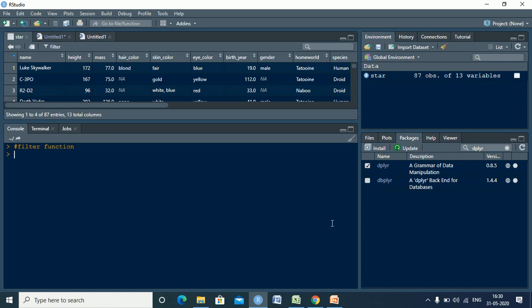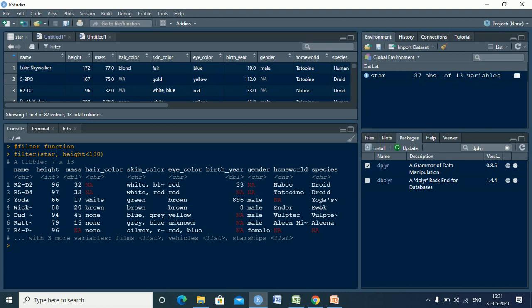So in this case, let me say I want to filter the Star Wars data of only the gender male, or I want to do a simple filter where the height is less than 100. So in that case, filter function, so filter, name of the data set is star, and I want to do a simple calculation where the height is less than 100. So only return me the data which is having a height less than 100, right? So in this case it shows me 7 with 3 more variables. So that means over here there are almost only 7 rows with height less than 100, right?